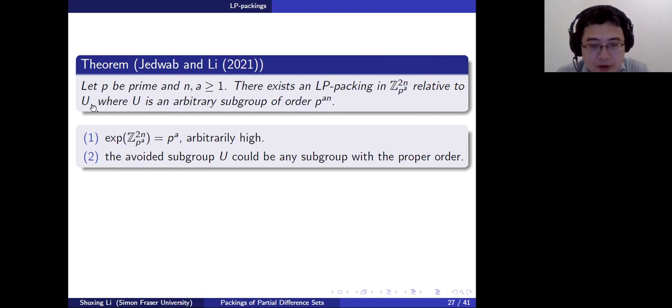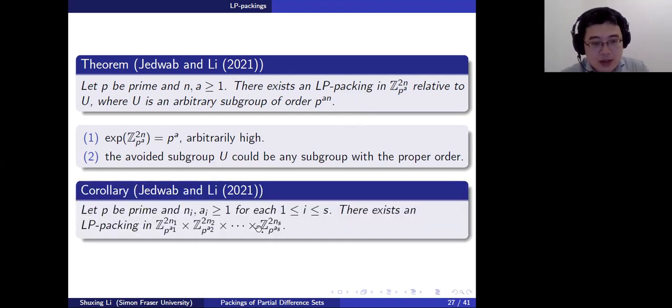Secondly, we have a very good control on the avoided subgroup U. This group could be any subgroup with a proper order. So somehow this theorem offers us a very neat and clean viewpoint towards Latin square type PDS. And using a straightforward direct product construction, we are able to extend LP packing to direct products of groups of the same form. So this corollary